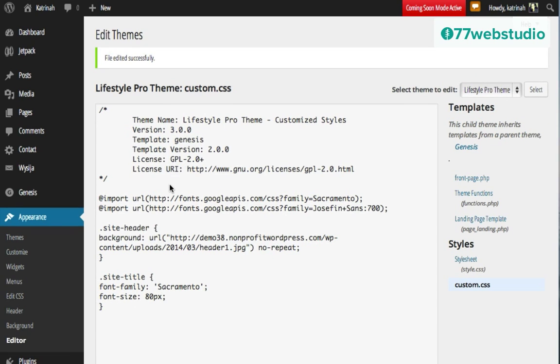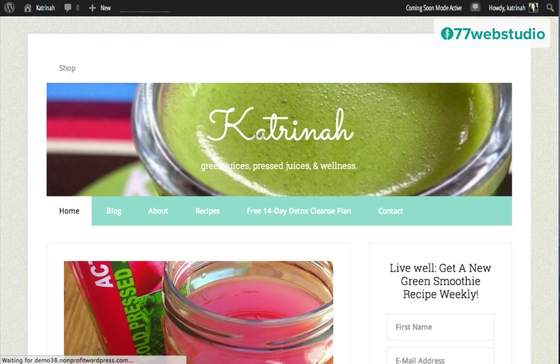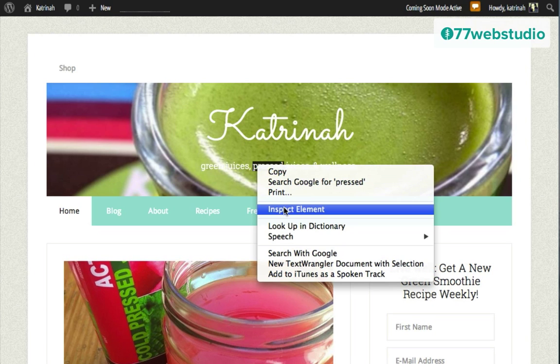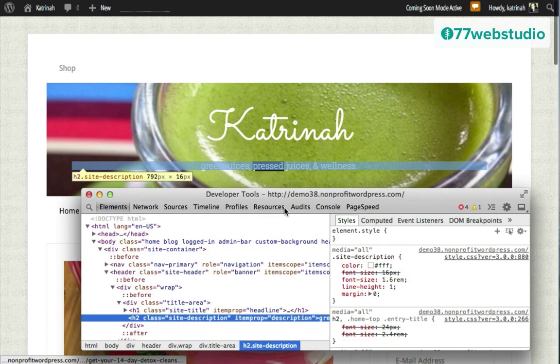Once a file has been updated successfully, now we need to tag this Google font to a specific element on the page, just as we did in the previous example. So going back to the site, I'm going to click on Visit Site. Then here where the description is, I'm going to hold down my Control key on my Mac and then click on the mouse key. Then I'm going to click on Inspect Element. Once again, if you're on a PC, you can right click, and when you right click, then you can click on Inspect Element.